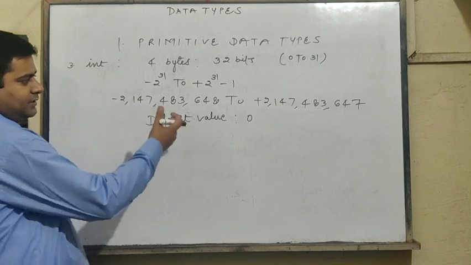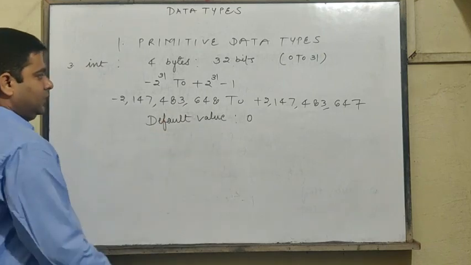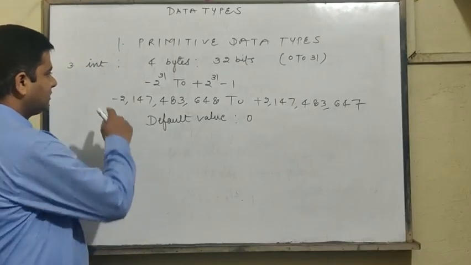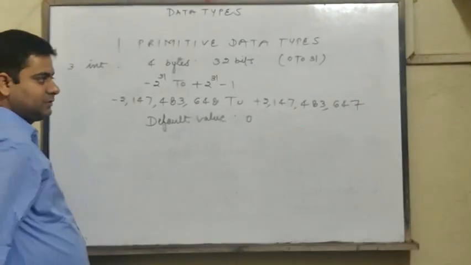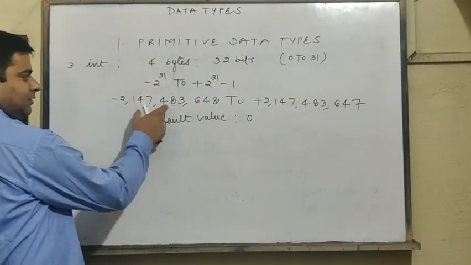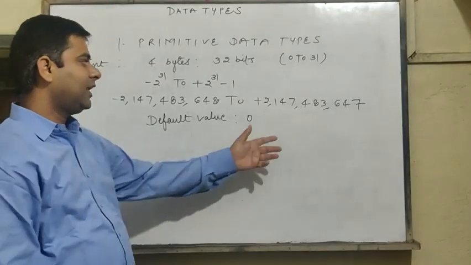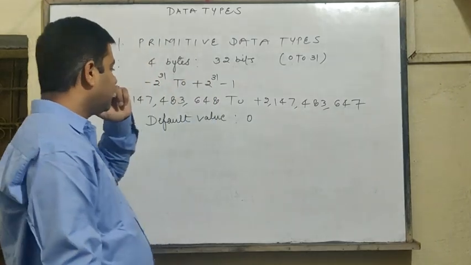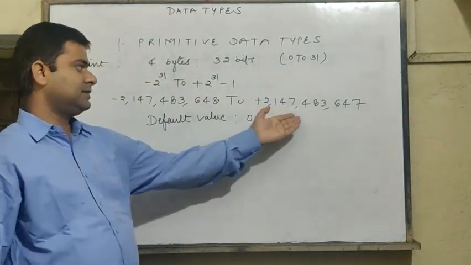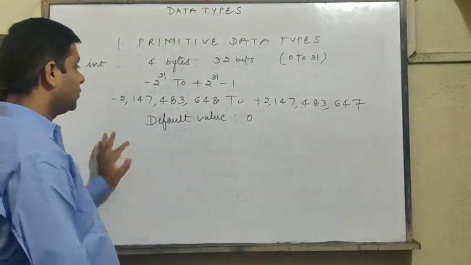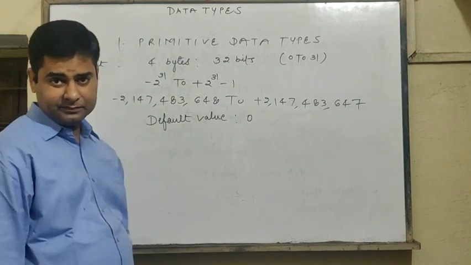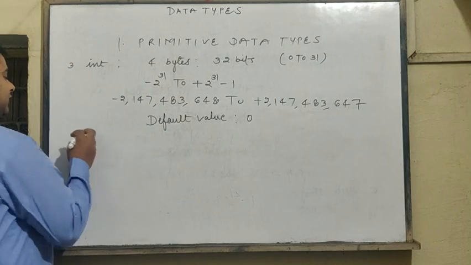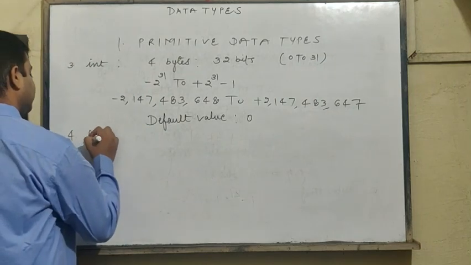Okay? So this is the range you are storing, and you can use this data type to store these values. In minimum values, this will be the range. For the maximum value, you can see this is the maximum possible value which we can store in integer data type. Now suppose you are getting your answers greater than this value. So one more data type is there of integer type, that is long integer.